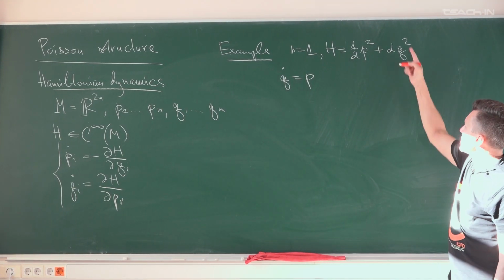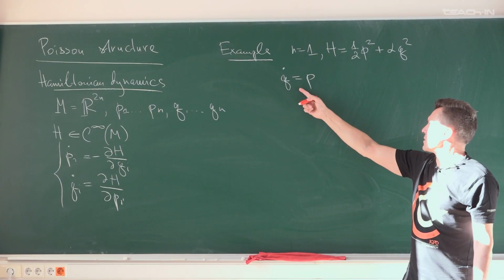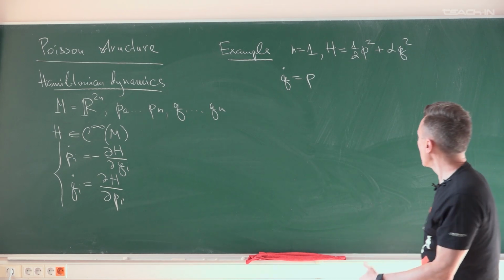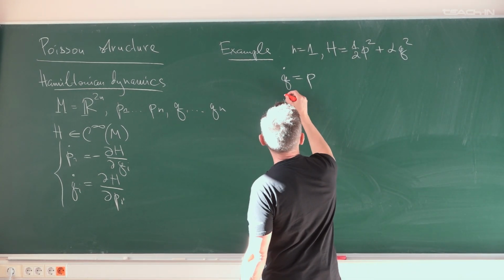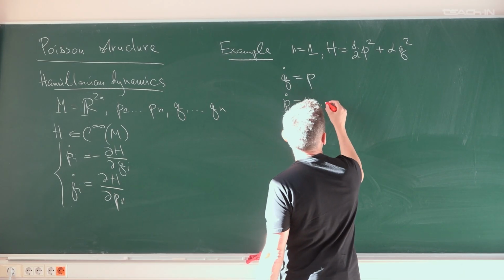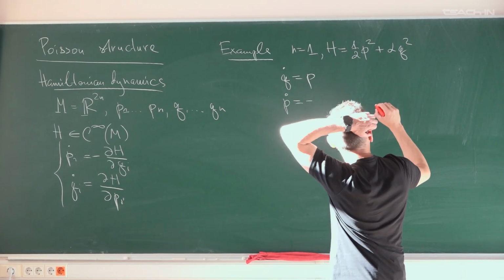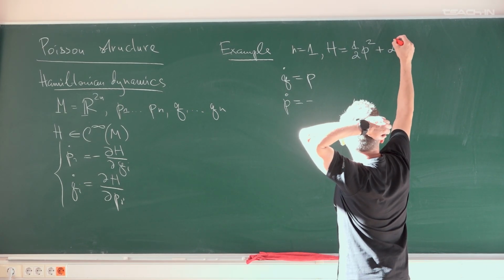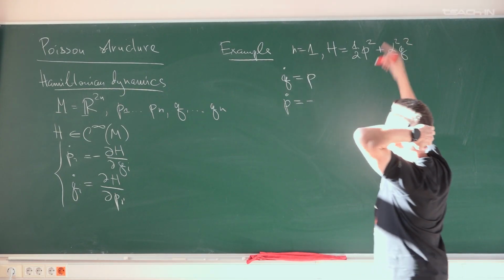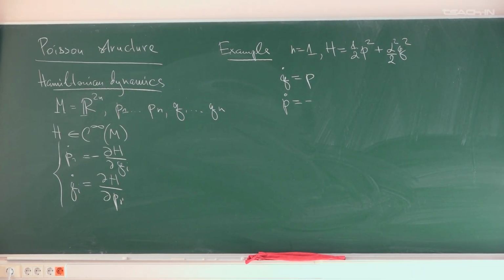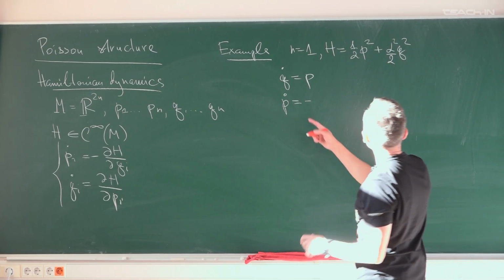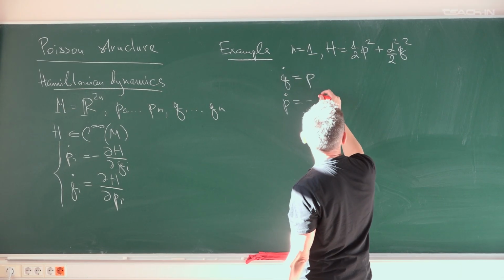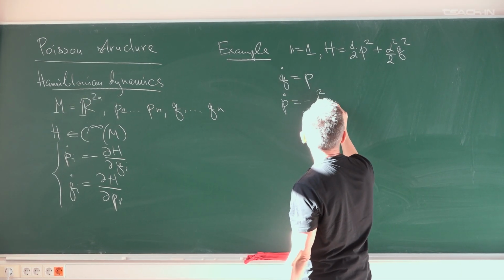So p in this notation is just the momentum, the velocity of the coordinate q, and maybe it's better alpha squared over 2. I prefer this normalization. And p dot is equal to minus alpha squared q,